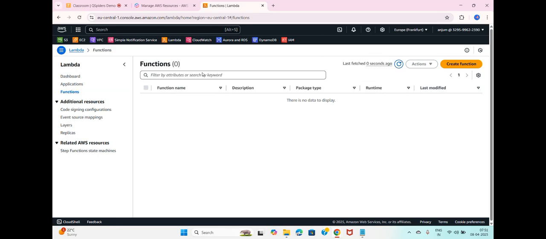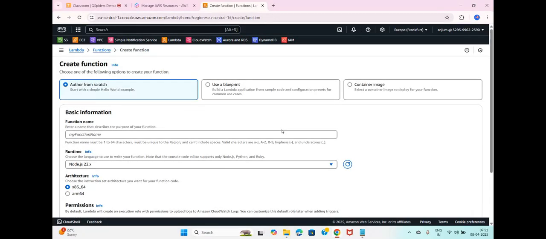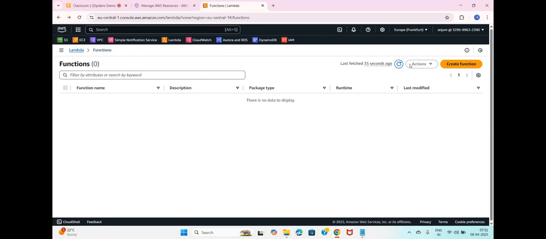Yes. So if you click on Lambda, you can see these many things like dashboard, applications, and functions. For running this Lambda, you have to create one function, because if you create a function then only it will trigger and it is going to start the instance. Okay, so I'll show you again. Here click on create function.